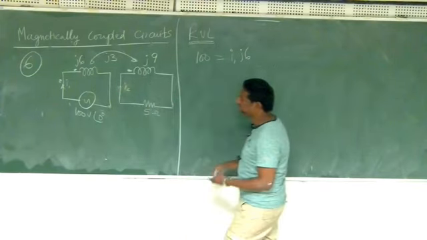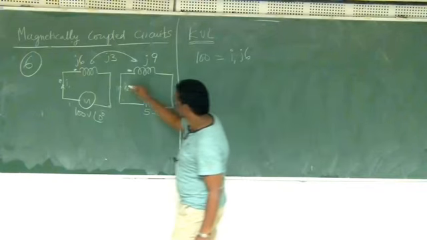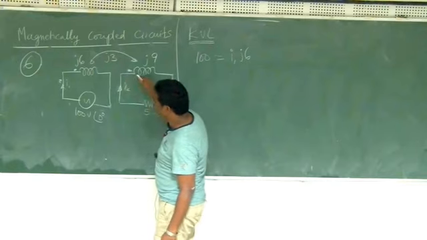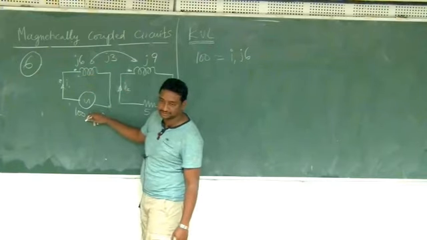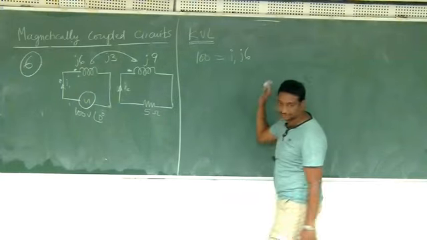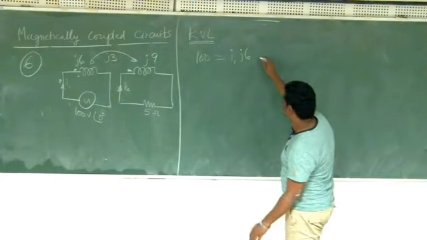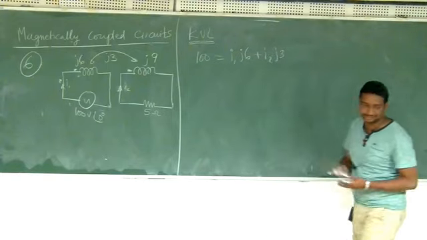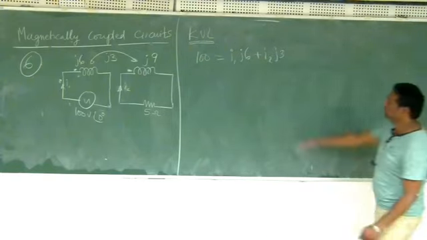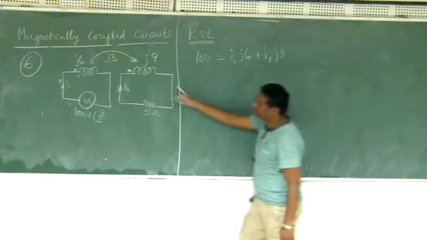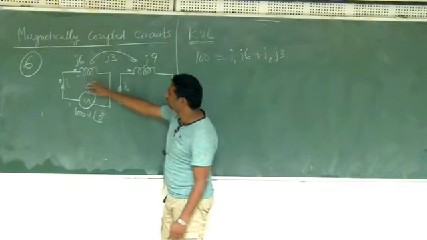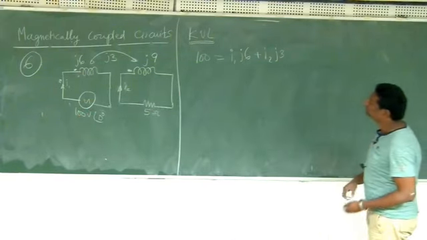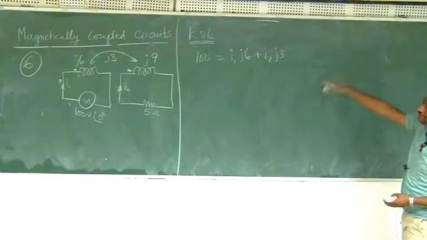You can actually consider it anyway. If I consider the I2 direction like this, I2 entering the dot will induce a positive voltage which will oppose the main voltage. So even that will be positive here. Okay, so take care of the sign. That's what I am saying. So I2 into J3. There is no change here. The current in the secondary coil multiplied by the mutual reactance will have some voltage here that will be consumed from this. So this is the KVL for the first one.